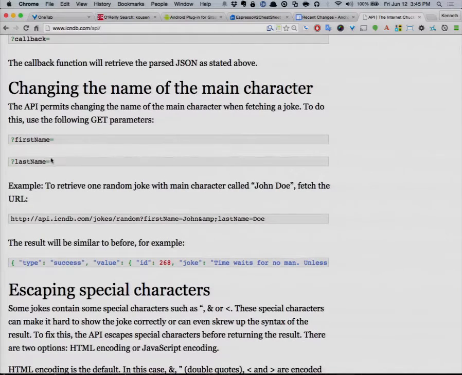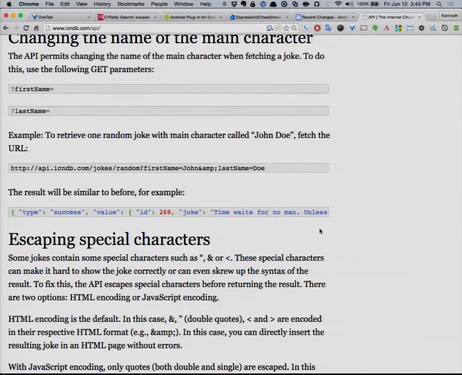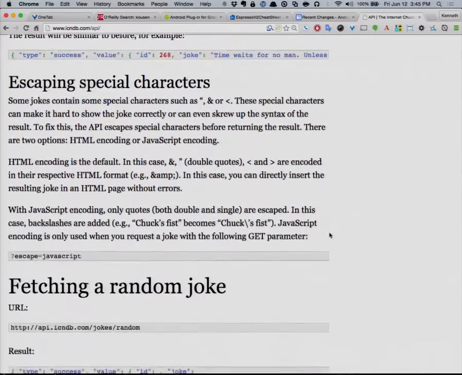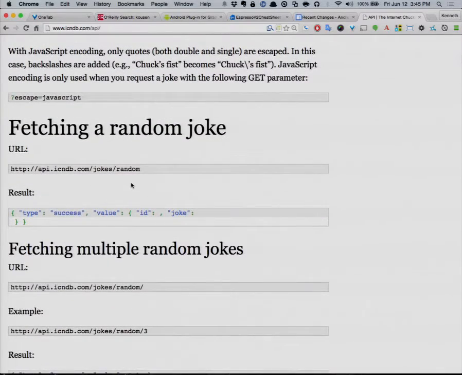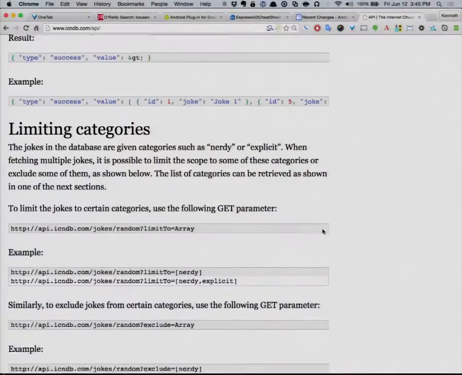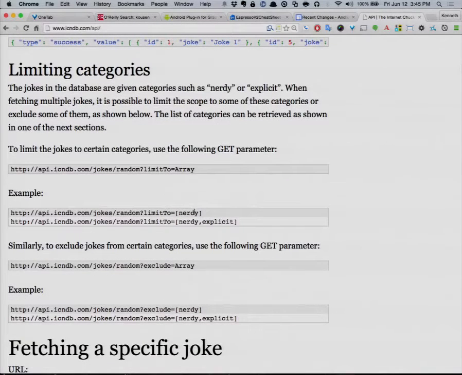And you can specify the first and last name, which is what I'm going to do. I'll put Zav in there, or I'll put Hans Doctor or whatever. Maybe I should put Cedric in, except I can't get the E with the little accent on it. So at any rate, you don't want to just get a random joke in a public forum, okay? They're not all really suitable for public consumption. But what I can do is limit them to nerdy. Okay, and that's much better.